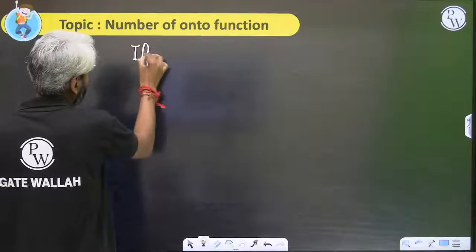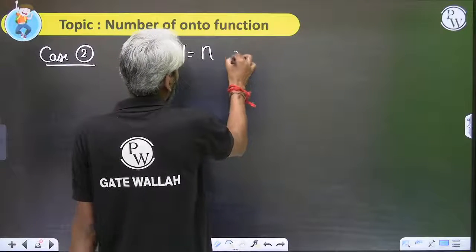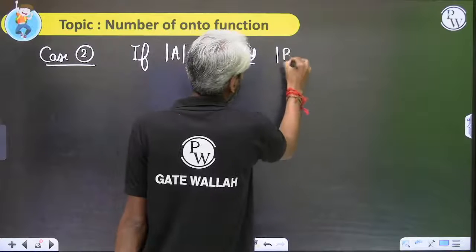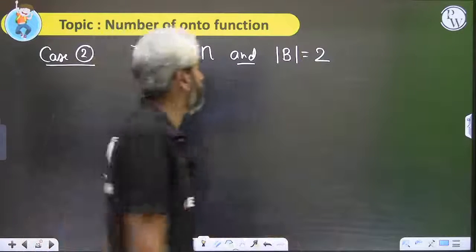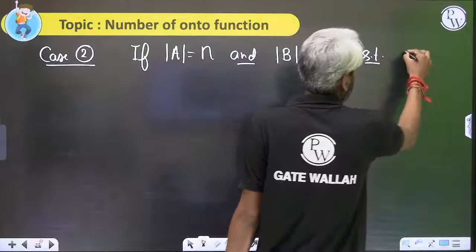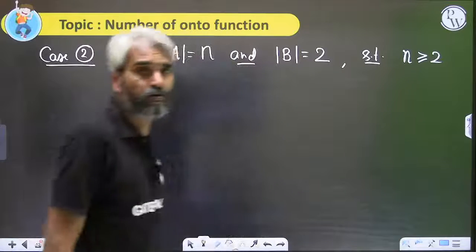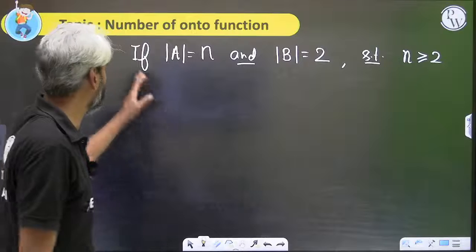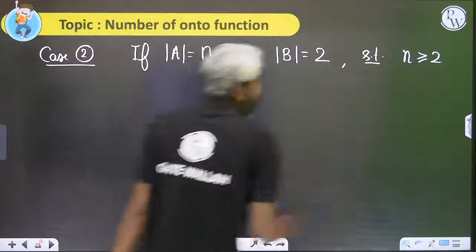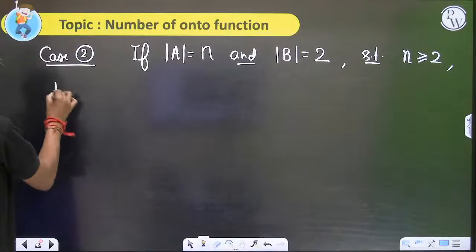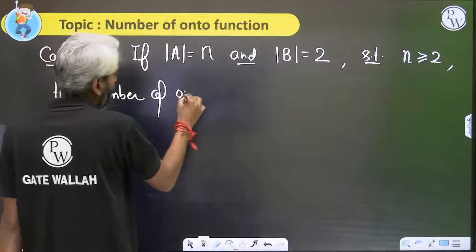Case 2. If the cardinality of set A is any value n, and the cardinality of set B is exactly 2, such that n is greater than or equal to 2, because if n is not greater than or equal to 2, then an onto function will not be possible. If mod A equals n and mod B equals 2, such that n is greater than or equal to 2, then the number of onto functions possible